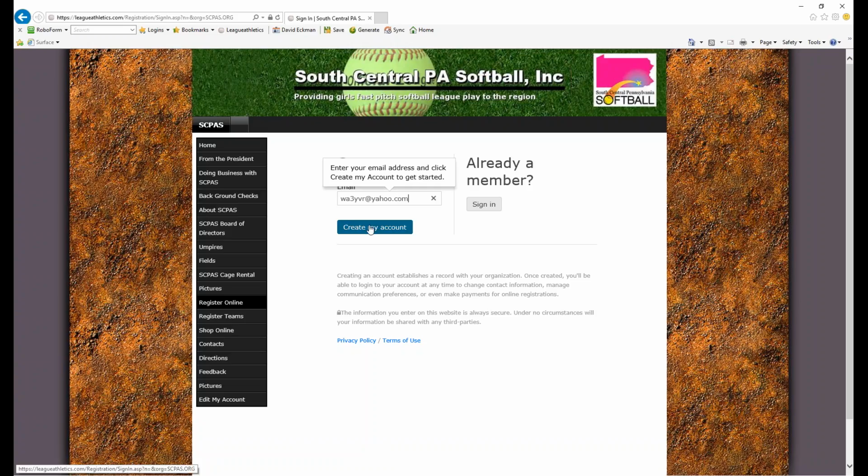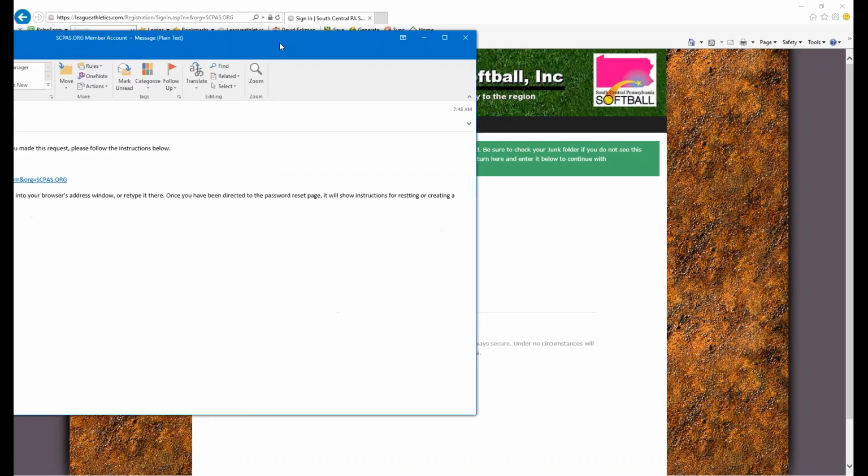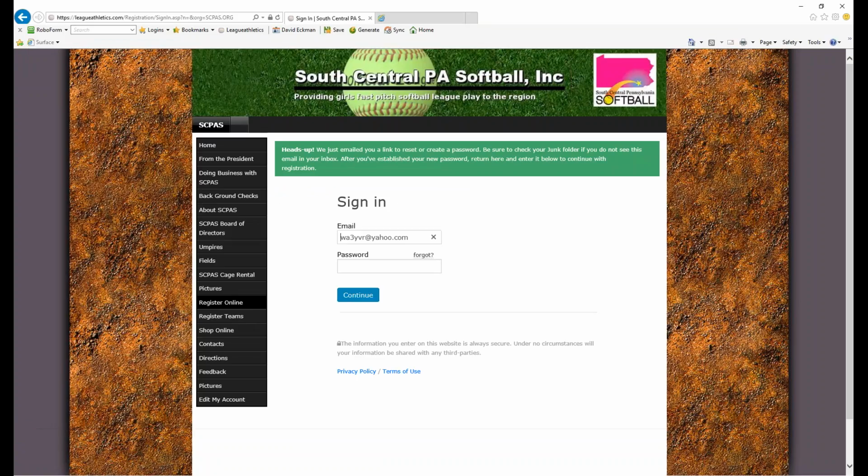After entering your email address, if you hit the Create My Account, you will see that you have a sign-in page. And in a few minutes, you'll have to check your email account because the website will send you an email where you have to verify your email address. And mine just came through, and your email will look like this. And in the middle of the email page will be a link. And you will click on the link,